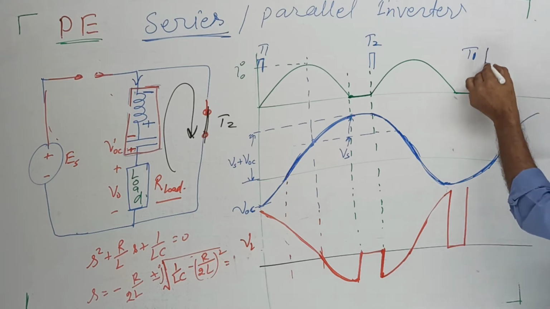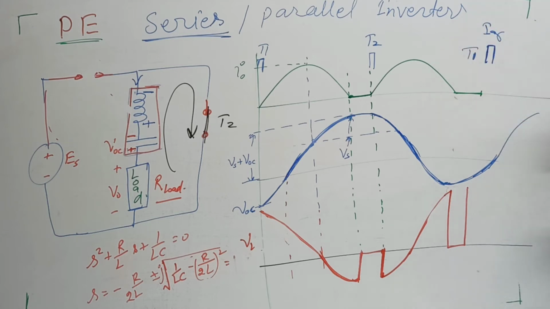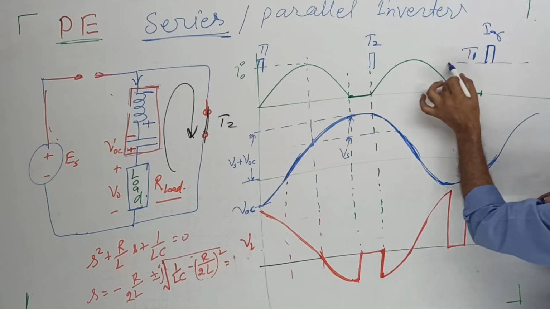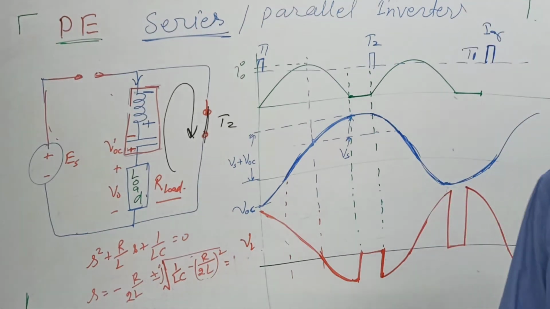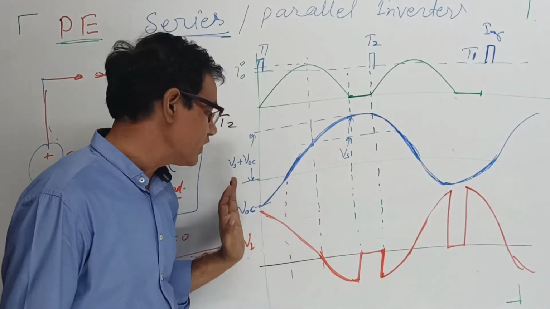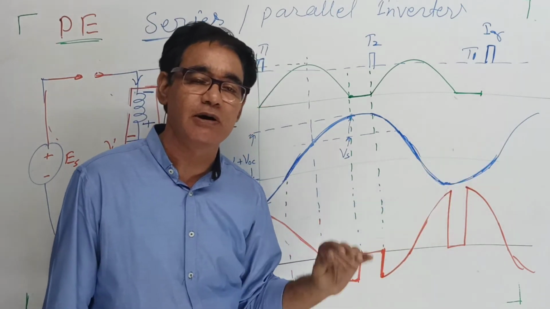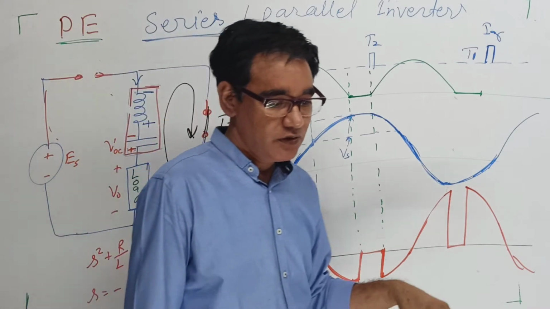when thyristor 1 gets turned on, a gate signal is provided to gate 1. Due to the gate signal, initially this kind of waveform appears. So this is the output voltage waveform of the circuit, and this is the repetition of the waveform. After the initial one, this kind of waveform will be set up.